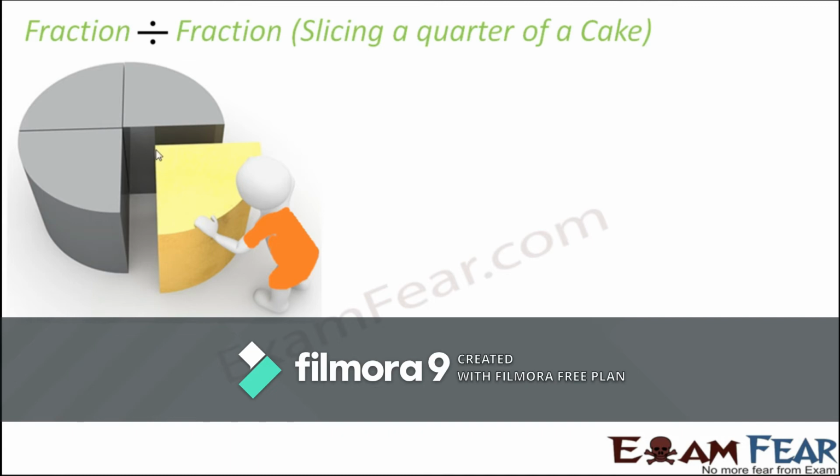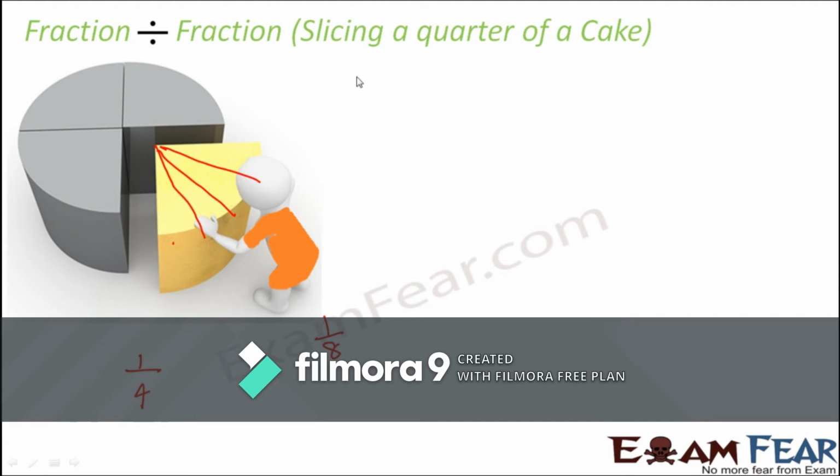So you have to cut the slices in this way. You have to cut it in such a way that each slice is 1/8 of the total cake, right? Now anyways, this part of the cake is 1/4, right? Now we want it to be cut into slices in such a way that each slice is 1/8 of the total cake. So how do we get that? If I tell you that you have cut it in that way, how many slices will you get? So into how many slices should you cut this part?